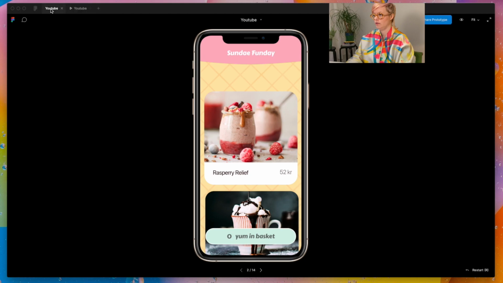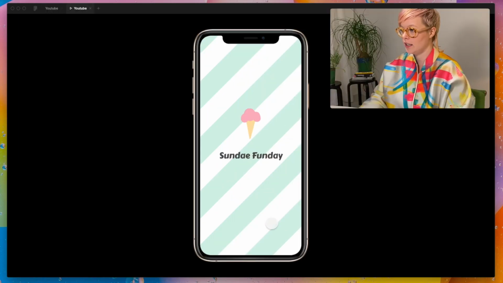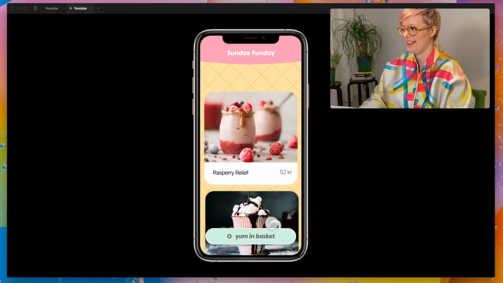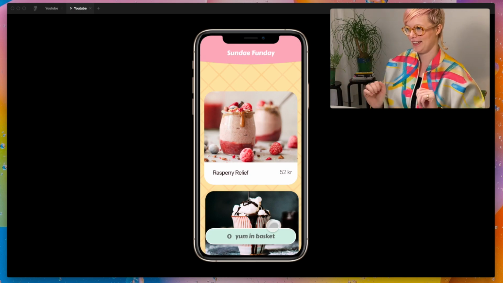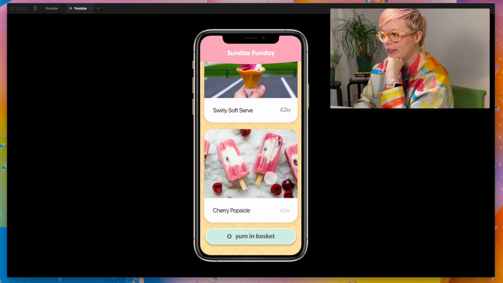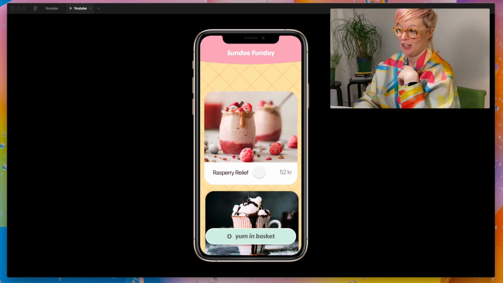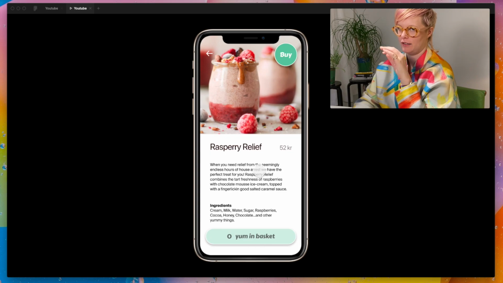Whoa. Let's actually do it on click so I have control of when it happens. On click, yay. And then that fades in nicely. Okay, so here I'm scrolling, and when I go to the details page, now it's just like, how about if